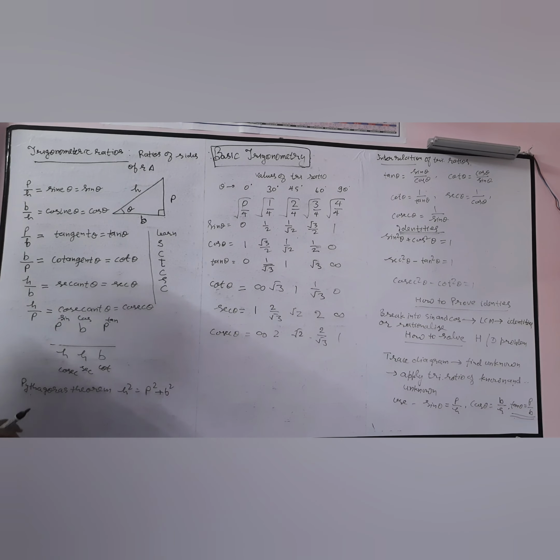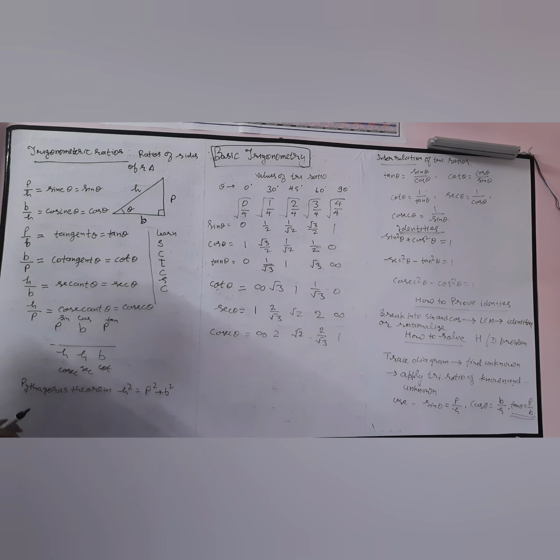Sin is P upon H, cos is B upon H, and tan is P upon B. Similarly, the opposite of these give the other ratios. This is a helpful way to learn the basic formulas of the trigonometric ratios in terms of the sides. And the Pythagoras theorem should also be learned. To learn the order of them: sin, cos, tan, cot, sec, cosec. This is the